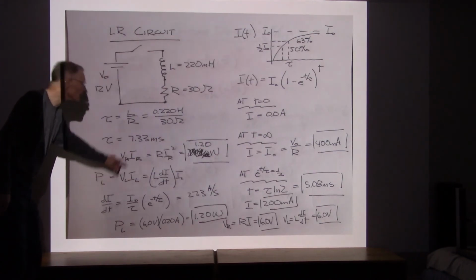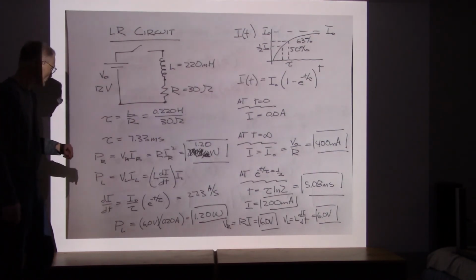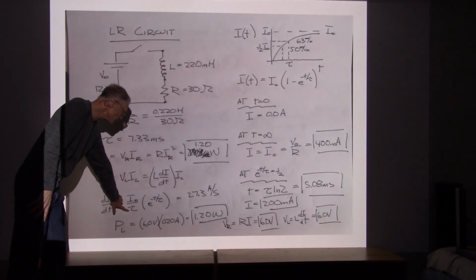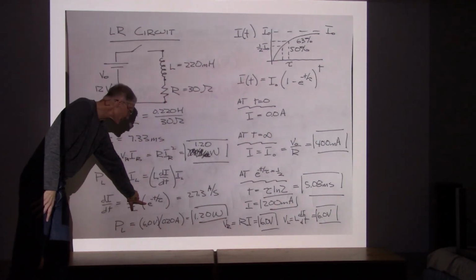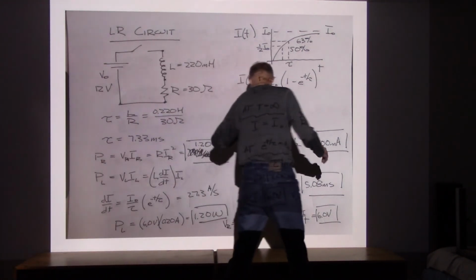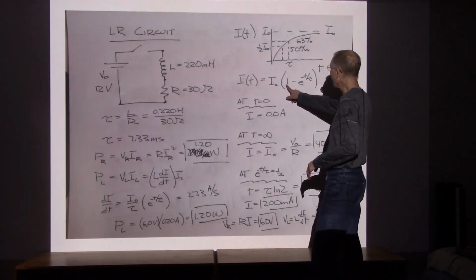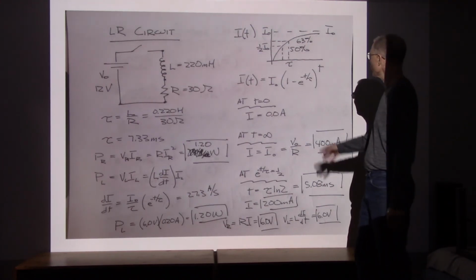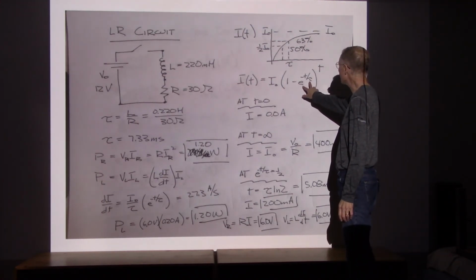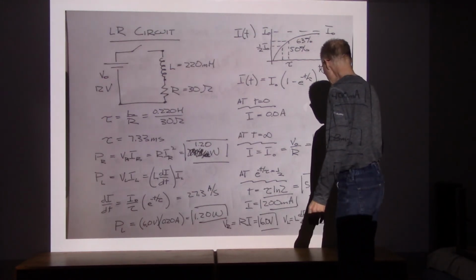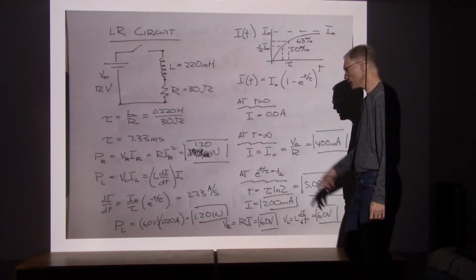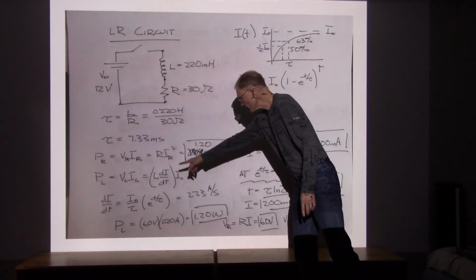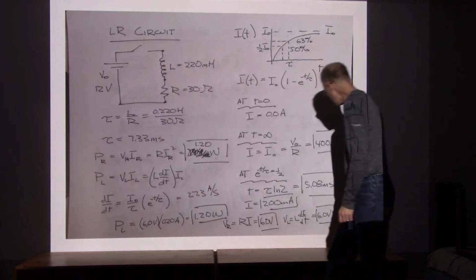If I take a derivative of that current expression, I get I naught. I bring down a factor of 1 over tau, and then I have a factor of e to the minus t over tau. Now there's a constant term here of 1, and taking the time derivative, that just goes away. So I'm only really taking a derivative of this side since this cancels out. And so what that tells me is the time derivative of the current is given by this expression. I plug everything in, and I got